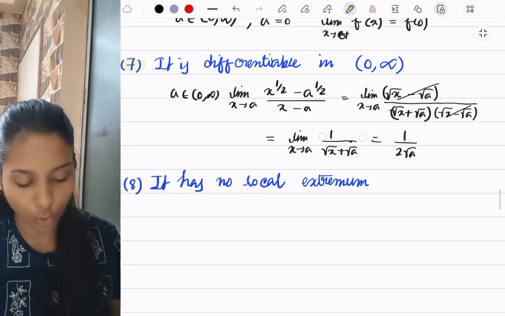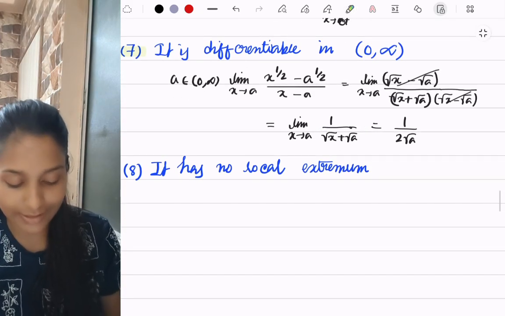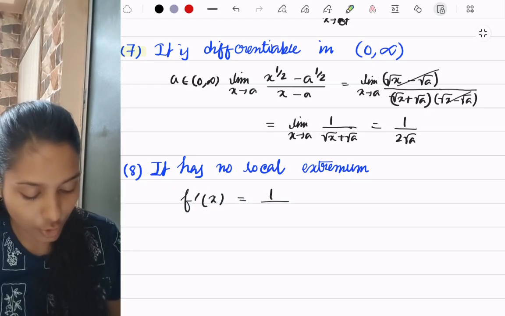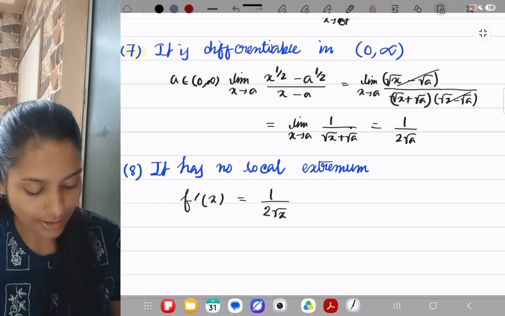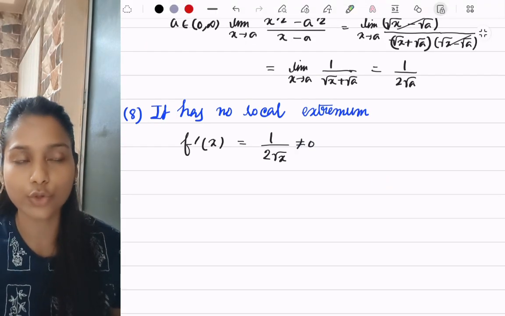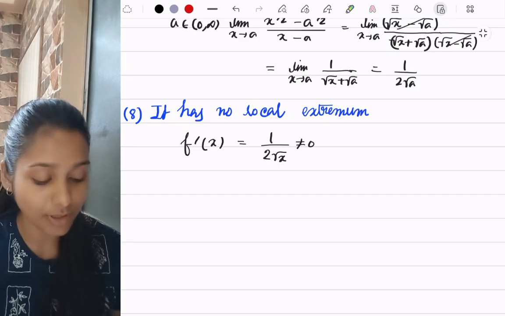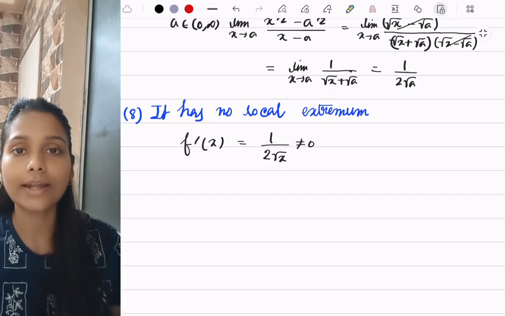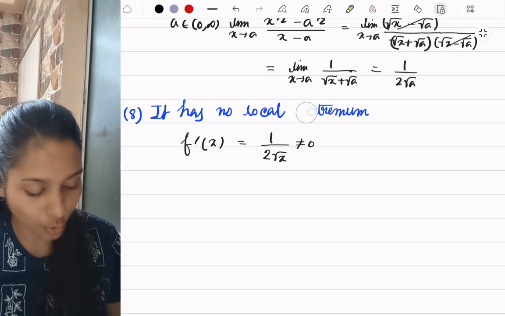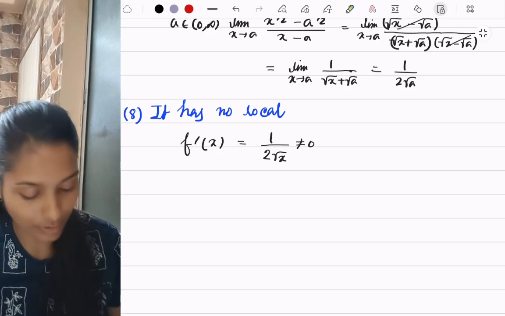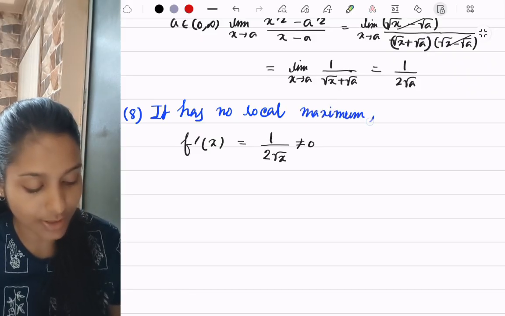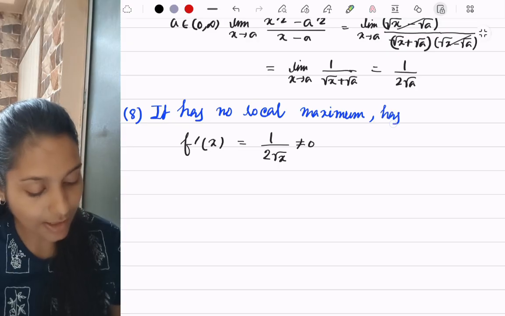Next, it has no local extremum, so it is obvious from the derivative, as we have observed that the derivative is 1 by 2 root x, and so it is not equal to 0, so it has no local extremum. I should say that it has no local maximum. But as this function is an increasing function, it has a minimum